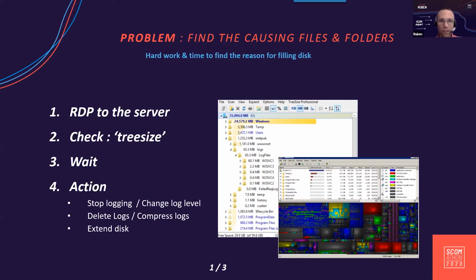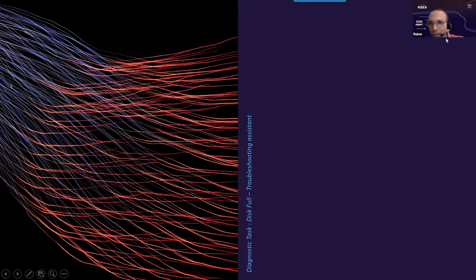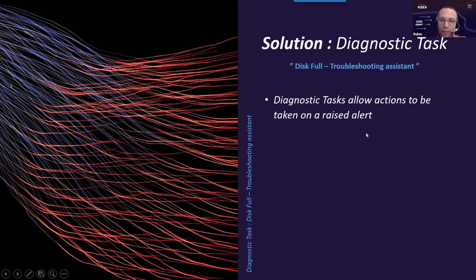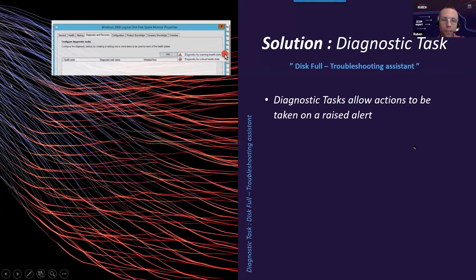So this is a problem. How did we solve that? I hope you can see my screen. Let me move this slide to somewhere else. Okay, so the solution is using diagnostic tasks in SCOM. In SCOM, you can define diagnostic tasks as part of alerts that are raised by a monitor. This screen, for example, shows the Windows Server 2008 logical disk free space monitor properties. The tab is called Diagnostic and Recovery,